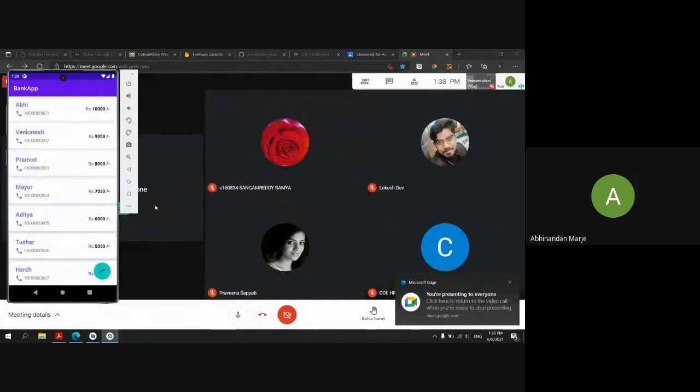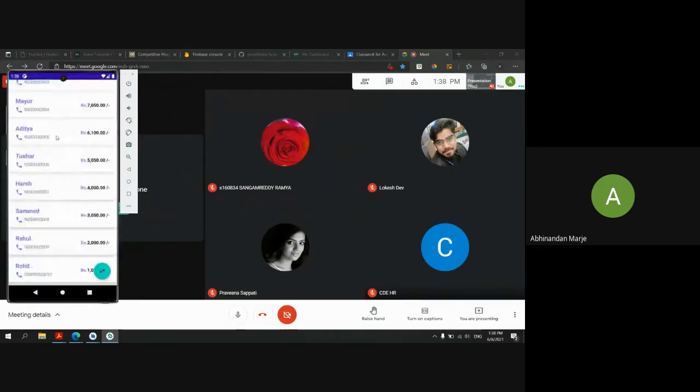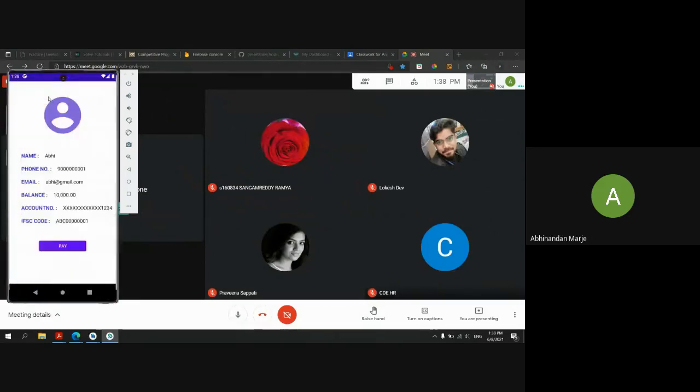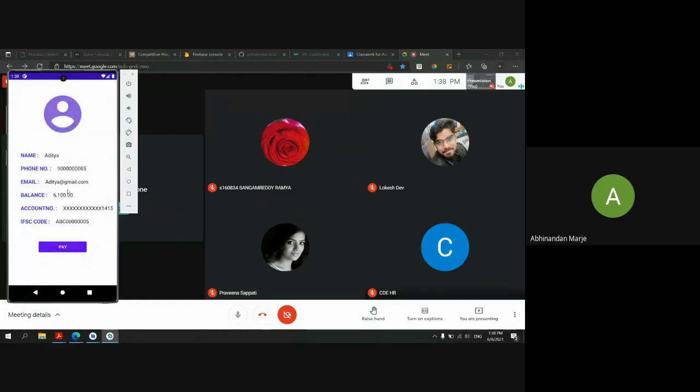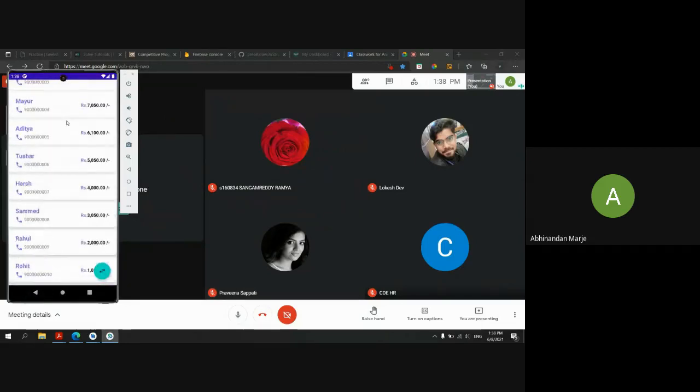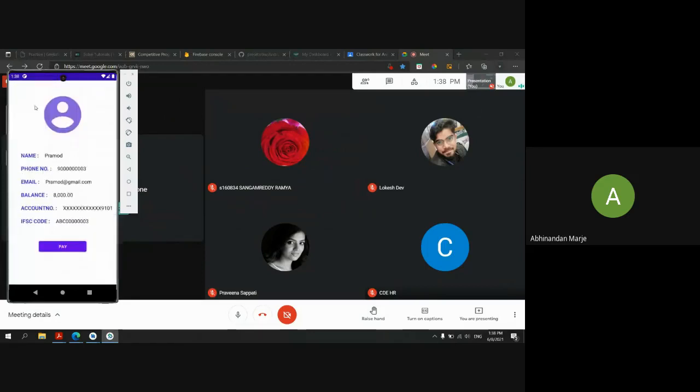Make sure you are completing this task by today only, because we will be going further in our task. I'll show you. For our tomorrow's task, when we click on the user, we will be getting this type of layout. For each user, we will be getting different kinds of data here. So you have to do this task by today only, or else you will not be able to create this user profile layout. Sir, can we insert image in the database?